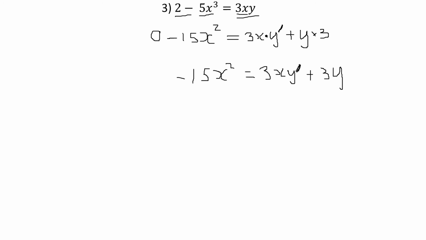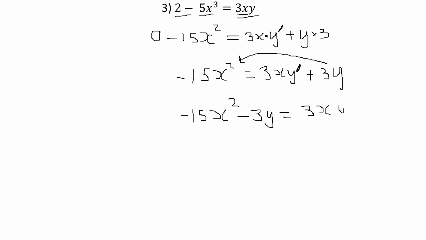So firstly, I'll get rid of the 3y. So I will send the 3y over here. It is positive, so when it goes over, it will be negative. So it will be negative 15x squared minus 3y is equal to 3x